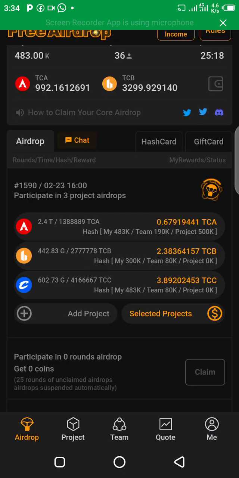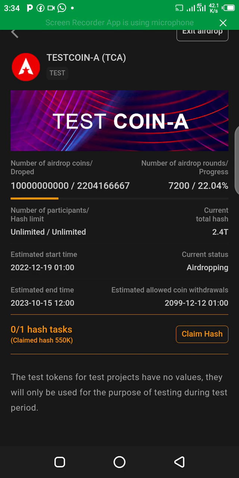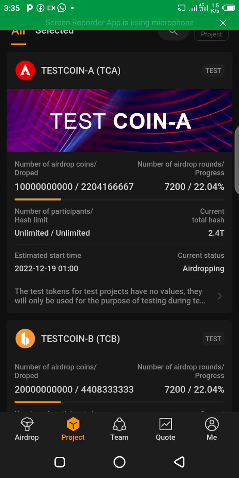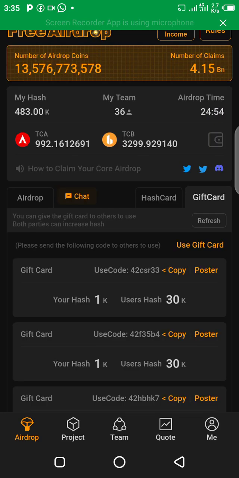Like I said, do well to remember to claim your hash rate every day. I talked about hash. You claim this hash every day. I've already claimed mine for today. So many people don't know that they are supposed to be claiming this hash daily. So do well to do that. Once you're mining your airdrop, claim your hash every day, and then send your gift card to your friends,